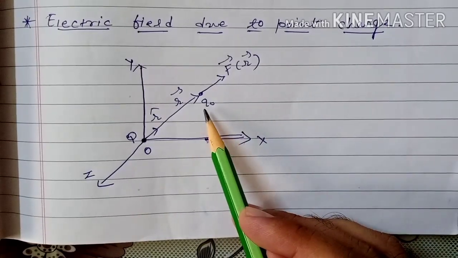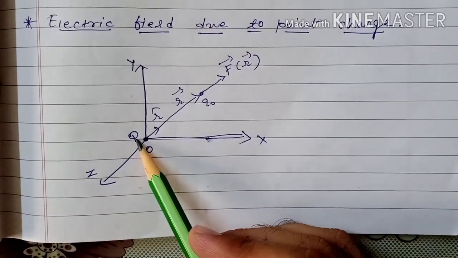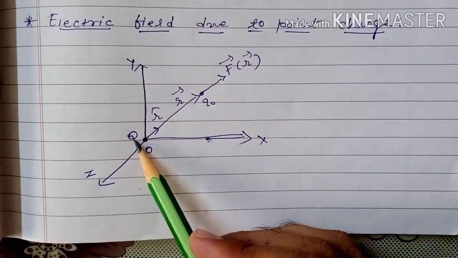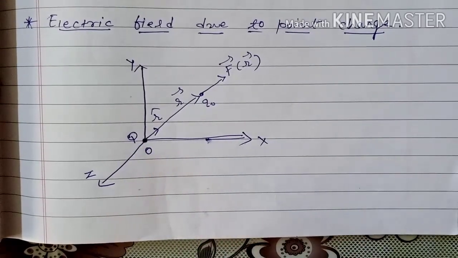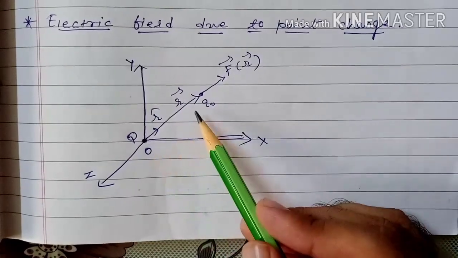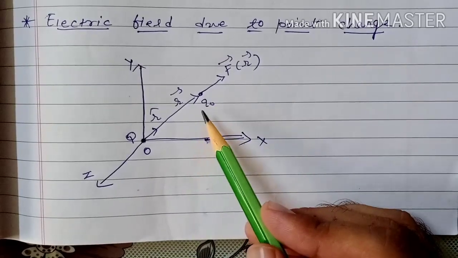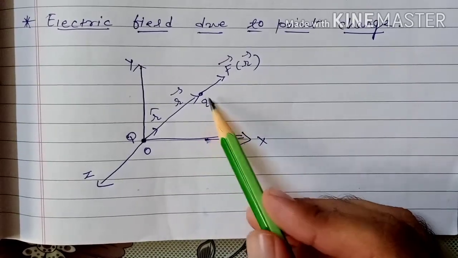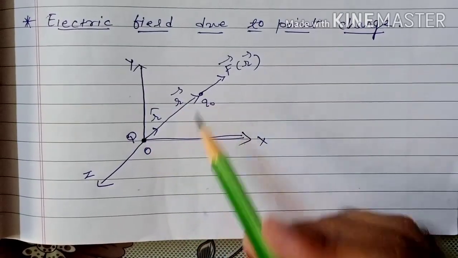As I told you last time, if we are observing any effect due to any charge, then that is called source charge. So here we are going to study the effect of a plus Q charge. Therefore this plus Q is called source charge, and this effect we are going to test at a distance r from origin on any charge, that is called test charge. तो इस चार्ज का यूज क्या है? इस चार्ज की यूज से हम टेस्ट करेंगे कि इसकी इफेक्ट इतने डिस्टेंस पे क्या मिल रही है.